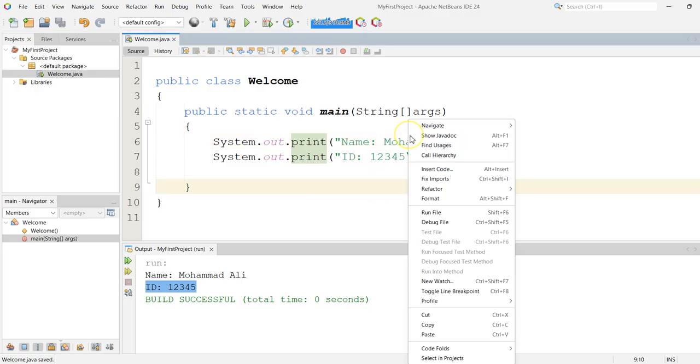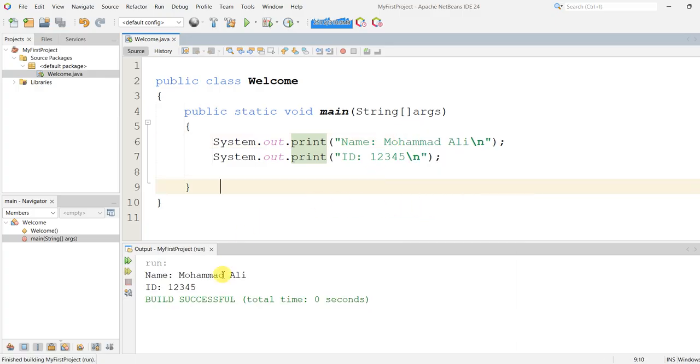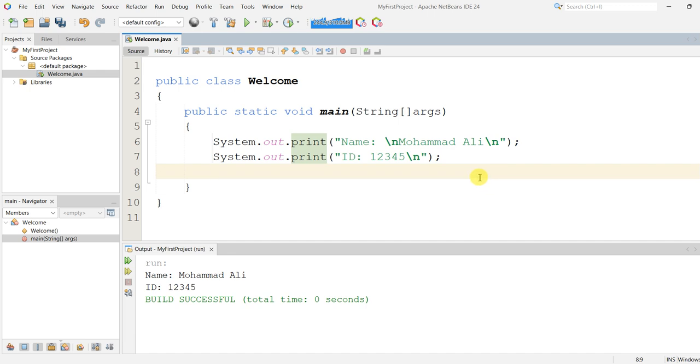So let's run this one. As you can see, both the name and ID are displayed on a new line. This is only using print, not println, but here we use \n. Whenever we use \n, it will always go to the new line before it displays the next text.